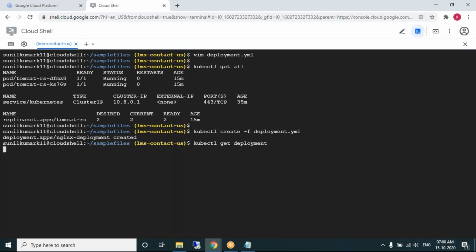To check whether the deployment object has been created, nginx-deployment is the name of the deployment object which has been created. This deployment object has how many replicas? 3 replicas. So 3 out of 3, all the 3 replicas are ready.